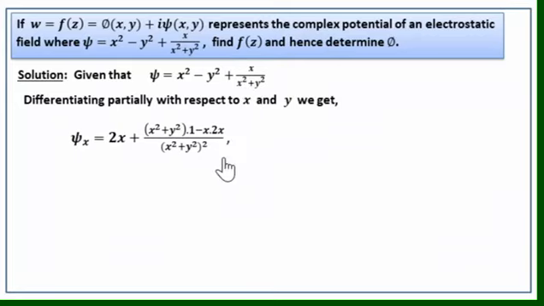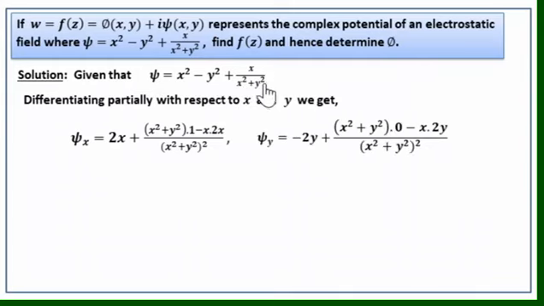Okay, next find ∂psi/∂y, that is, differentiate psi with respect to y keeping x constant. So what is ∂psi/∂y? It is 0 minus 2y plus, now differentiate this one again using the quotient rule. The denominator will be x square plus y square whole square and the numerator will be x square plus y square into the derivative of x with respect to y, which is 0. Okay, so minus x into the derivative of x square plus y square with respect to y, which is 2y. We get this. Next we find f dash of z and find f of z by integrating f dash of